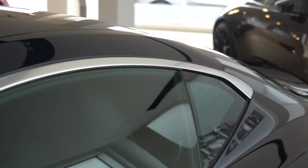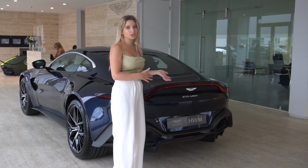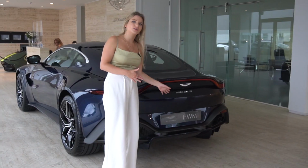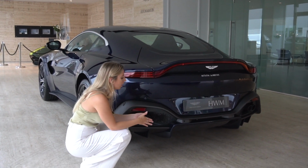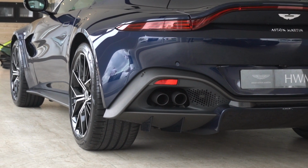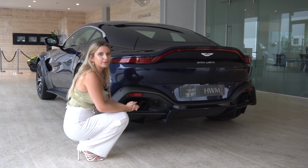to the car. So the theme of chrome continues through to the back. We have the Aston Martin Wings badge in chrome, and we also have the Aston Martin script finished in chrome as well. So looking at the bottom of the car, the diffuser matches the body colour of the rest of the car, and we can see that the back of the car is also broken up by this lovely red